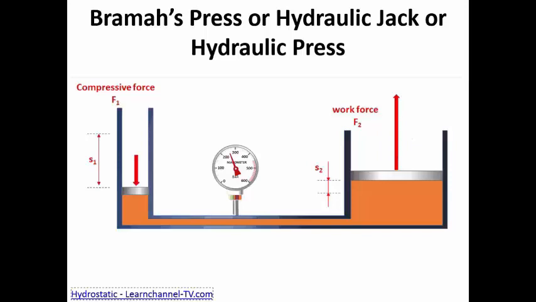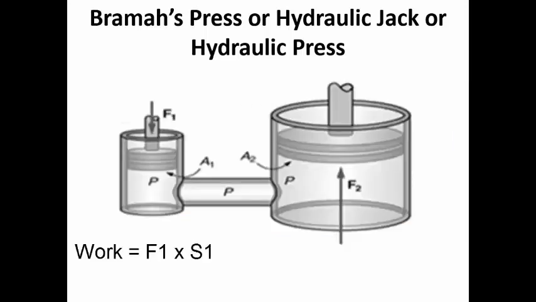Now, if you are increasing the force, something has to reduce because you are not using any other energy source here. Whatever you are using here, that you are taking out. Now, what is going to reduce? Now we will see. What is the work done here? Work done will be equal to force multiplied by the distance traveled by the piston. The distance traveled by the piston, if you are considering it as S1, S1 is the distance traveled by the piston, or the stroke that you are giving to the piston.